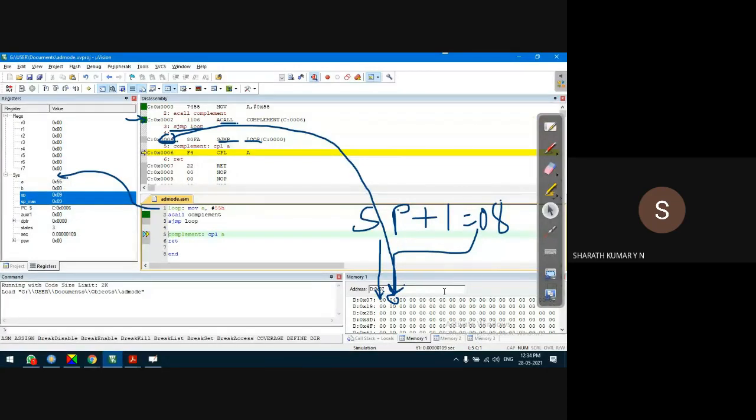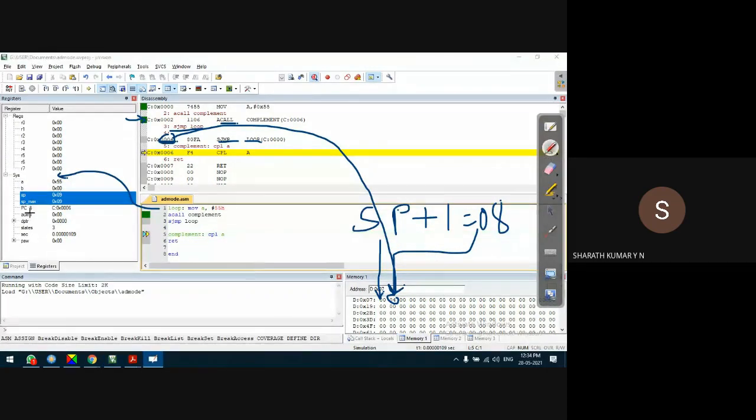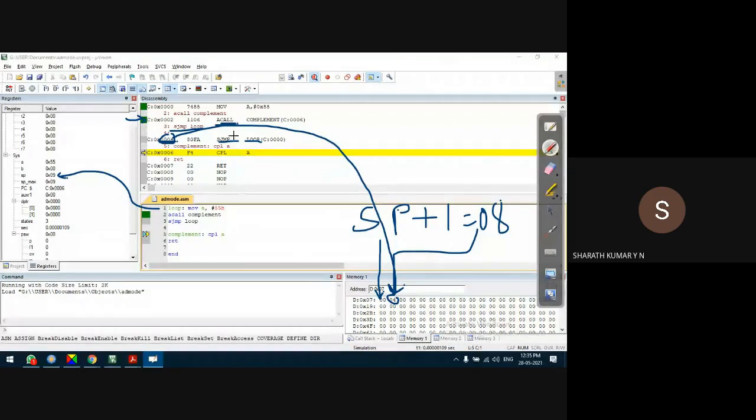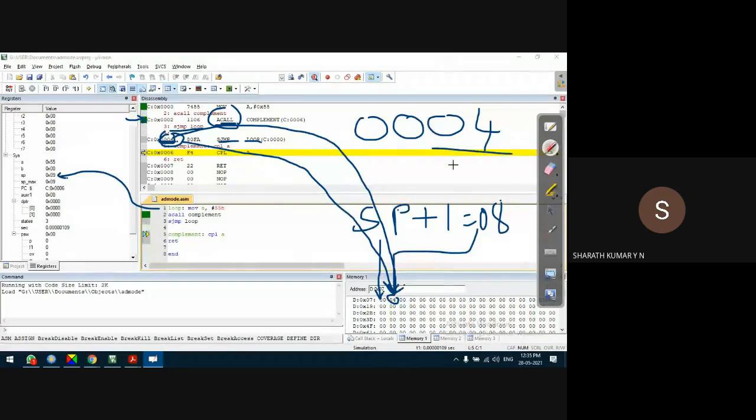Please observe this. Did you observe this area? You can observe in both the locations there is a stack pointer here also, as well as here. Observe this stack pointer. The program status word will not be affected. When the ACALL instruction was called, this address, that is 0004, what I showed, is already stored on the top of stack memory. Out of 0004, 04 is the PC low, program counter low. 00 is the program counter high.